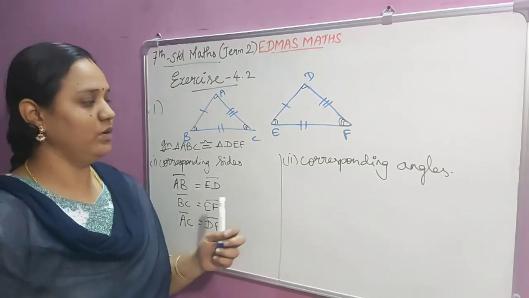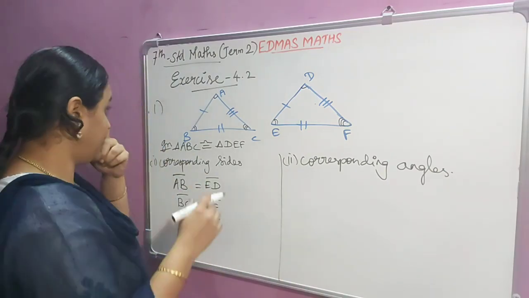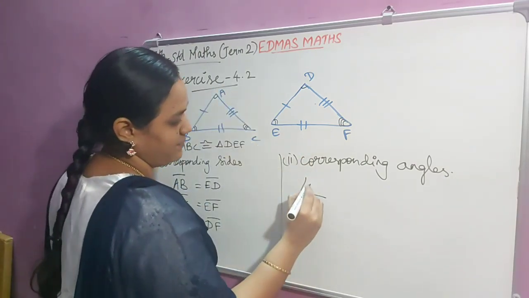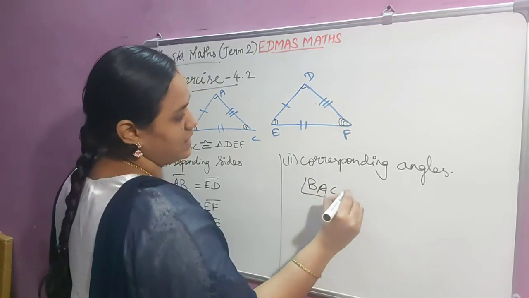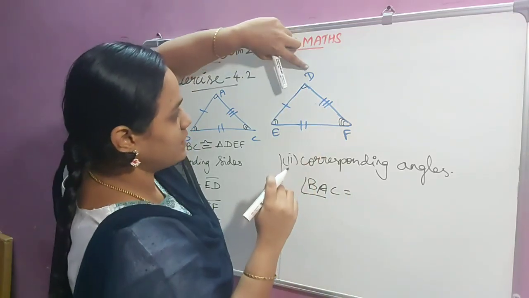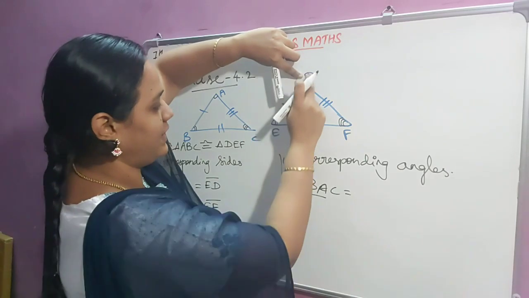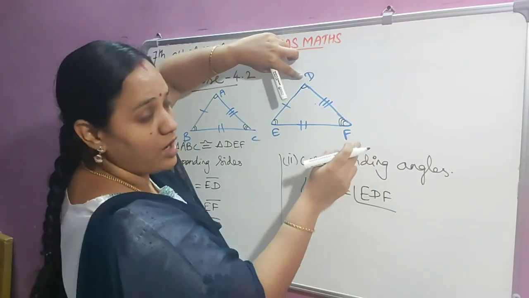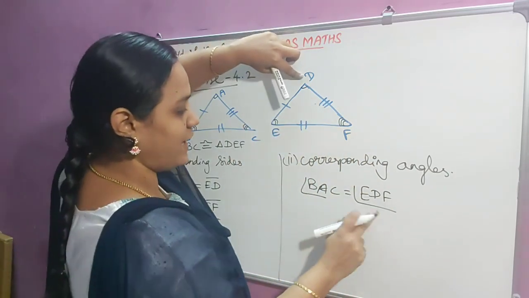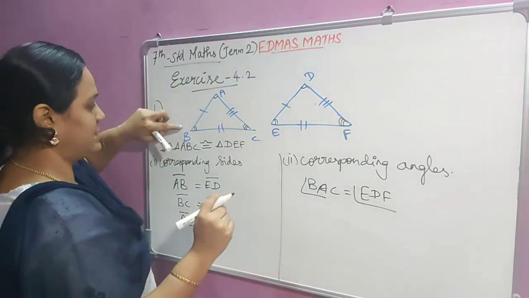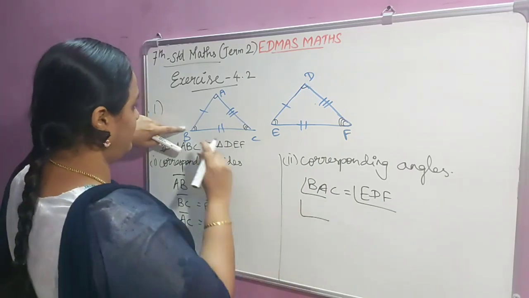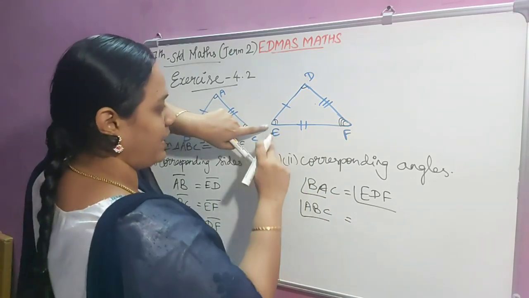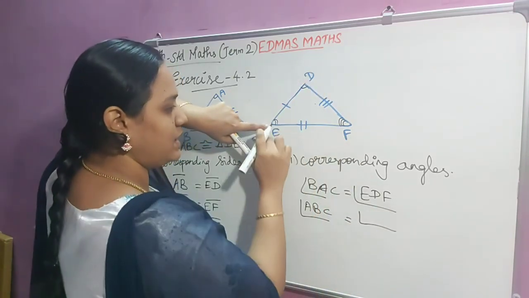Okay, next we are going to write the corresponding angles. So single angle, angle A. Either you can write BAC, BAC is equal to here D, right? So keep your finger like this and you can write the angle as EDF. Either you can write EDF or FDE, both are same, right? So I have written EDF. Likewise, double angle is angle ABC, which is equal to, here the double angle is E, so DEF.